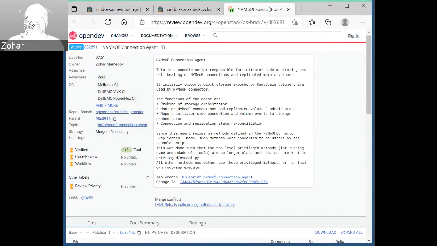If you look at the scope of the agent, this actually will not really affect any of the functionality that's already being tested by existing CIs, because this is just completely new functionality. We're basically talking about self-healing and monitoring. So that's why the CI is passing.